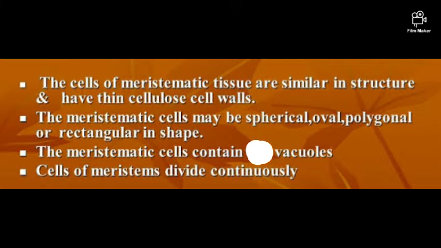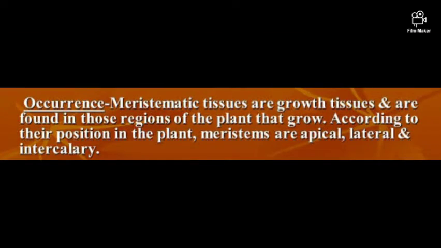And due to this, there is no space for vacuoles. So it does not contain any vacuoles. The cells have thin cell walls and they don't have any particular shape. They divide continuously. The meristematic tissues are found at the places where the plants basically grow. So it grows in the length, it grows in the width and the area between the leaves, that is called the internode and nodal areas. So these are the regions where they are placed and they are named according to the areas where they are found.